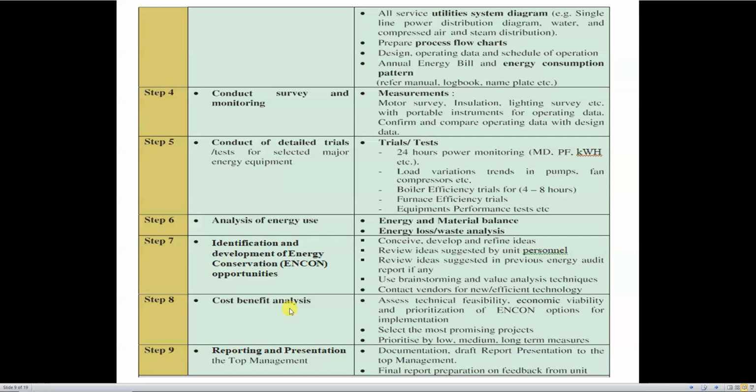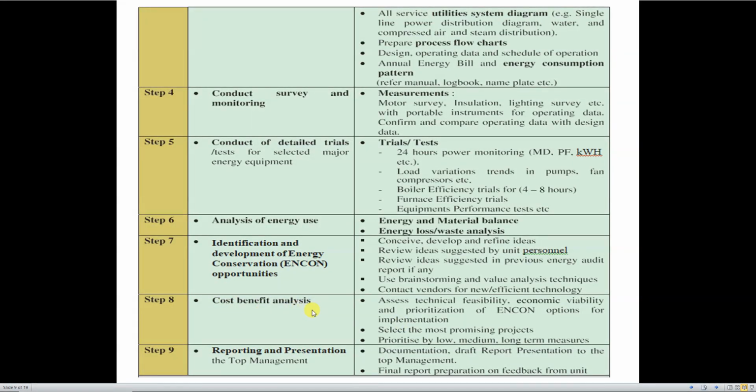It should be in the middle level. So that is nothing but the cost benefit analysis. Whenever you do the cost benefit analysis, you will assess the technical feasibility, then economic viability, and prioritization of these opportunities for implementation. Then you can also select the most promising projects. Because of this cost benefit analysis,